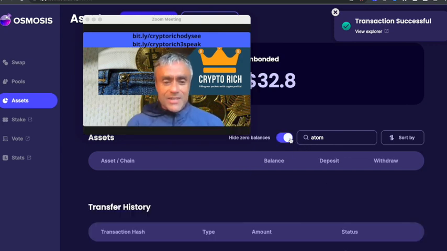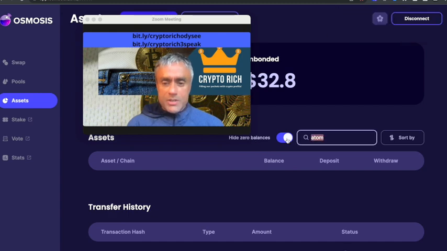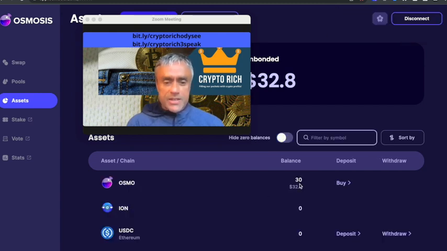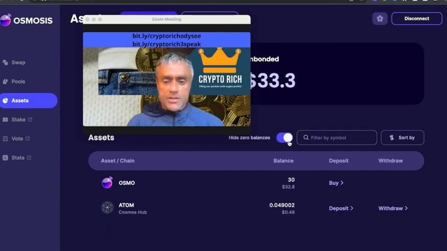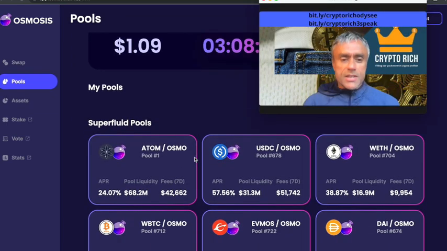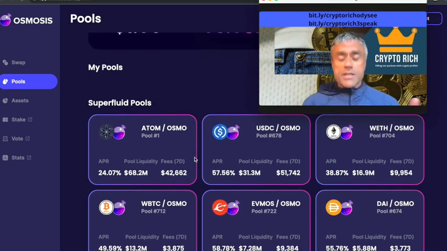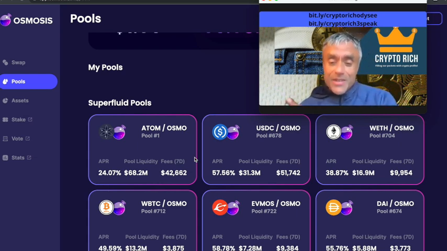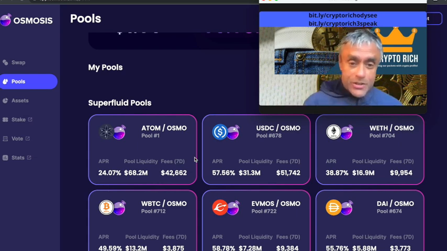Hide zero balances, and it'll show up in a moment. What I've got on the page, there's the Osmo. And then I want to see, well, which pool do I want to put it in? Before I do, the Atom has now turned up. So let's just hide zero balances again. I'm going to go to Pools. And this is a list of the superfluid pools. This is where I get the pool rewards, plus I get some of the staking rewards